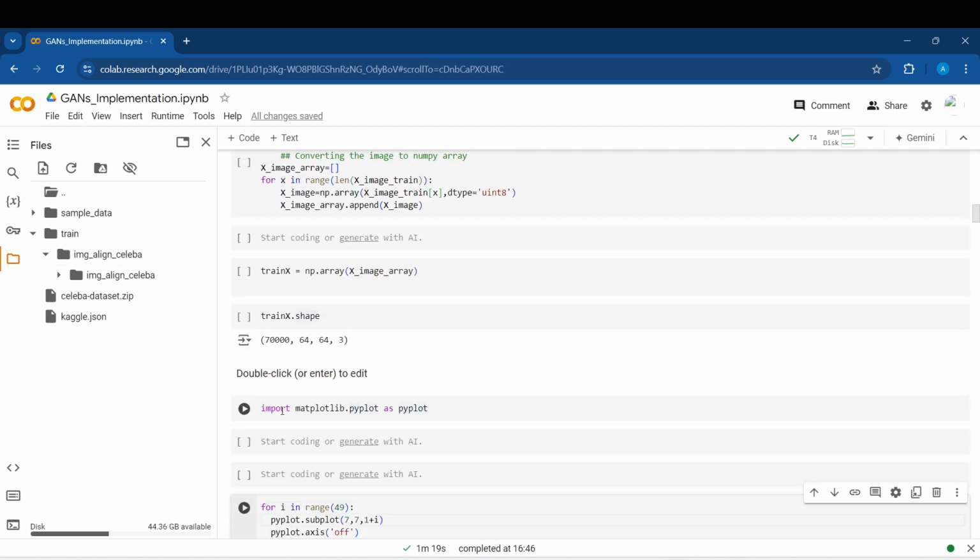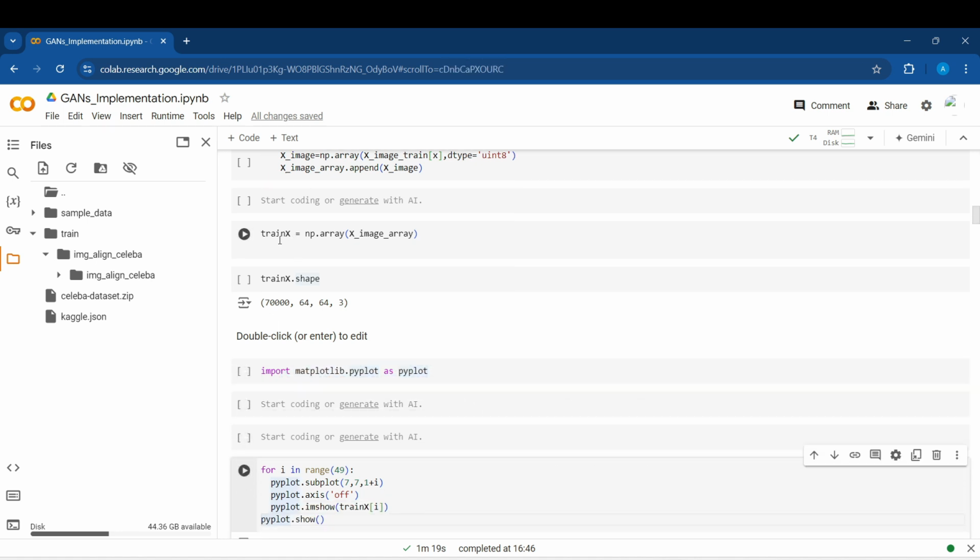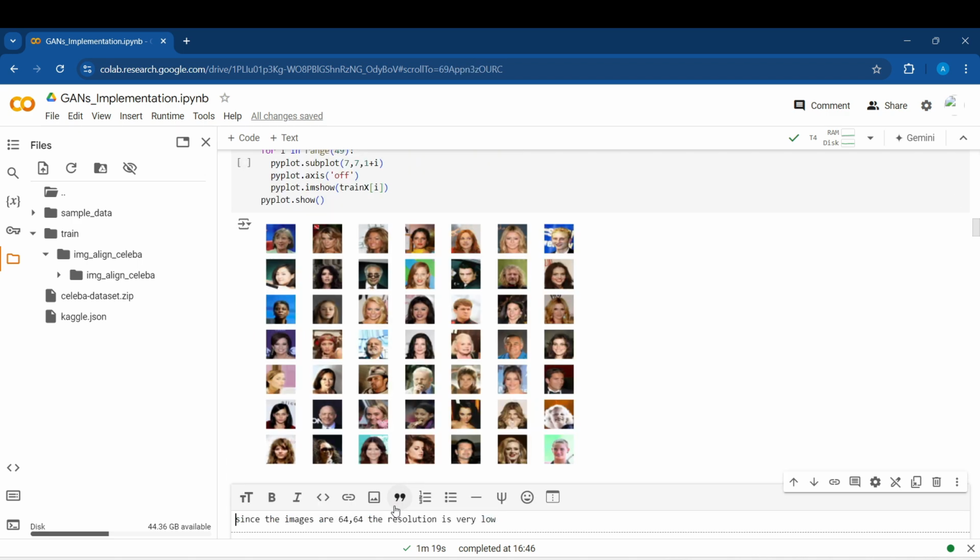And what I'm doing here is importing matplotlib and showing the images which are in this numpy array. I'm going up to 49. I'm creating the subplots, turning off the axes so I'm not showing axes, and showing each image using the imshow method, so I am showing 49 images. After that,